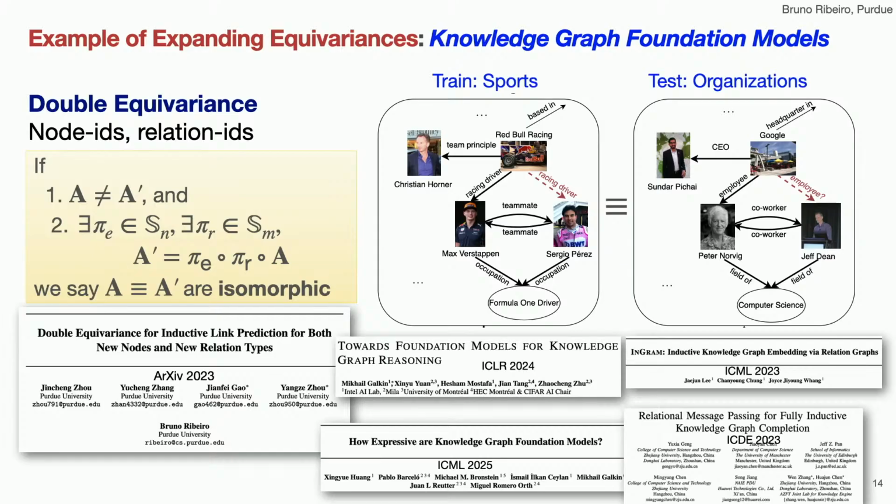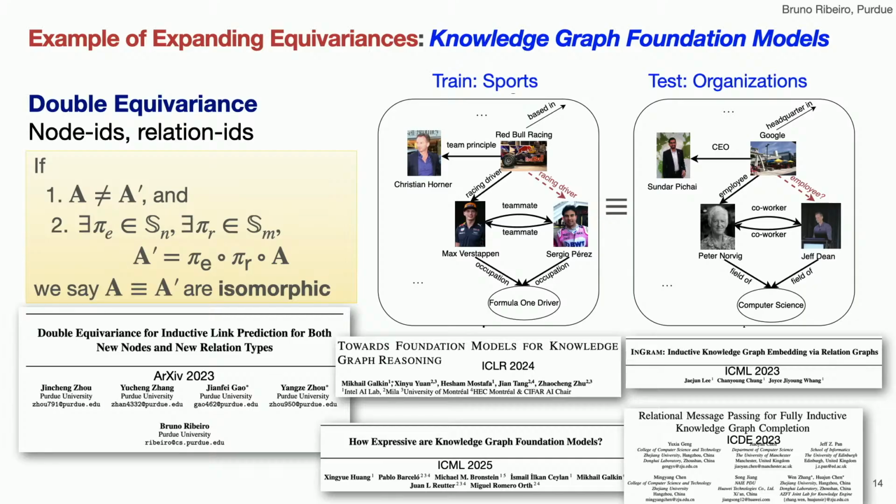Michael was talking about knowledge graph foundation models. So the question is, what's the theory behind it? Like, why does it generalize over many different knowledge graphs? And the principle of all the work, so we have done this early work on double equivariance, and I'm going to explain what this is. And all the follow-up works are essentially all double equivariant neural networks. So they have the same equivariances, and that's why they are able to do these tasks.